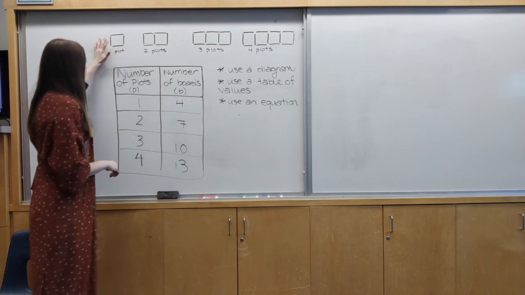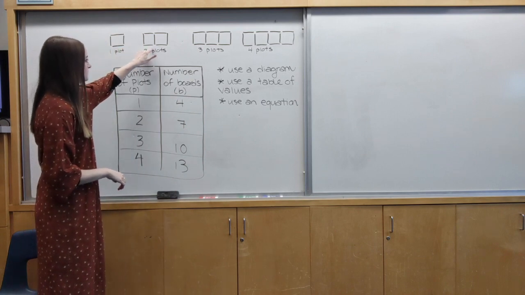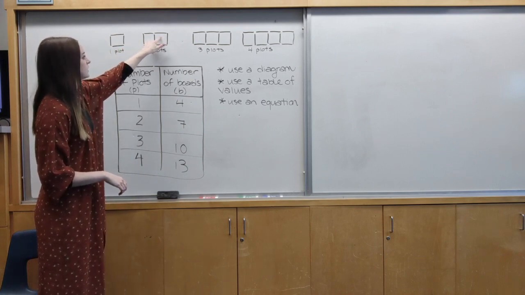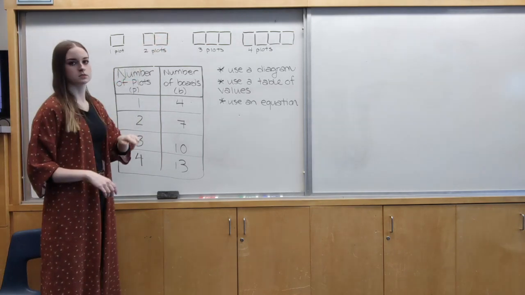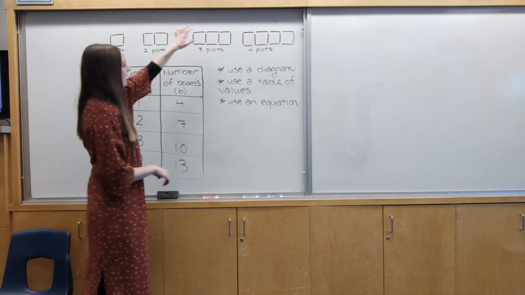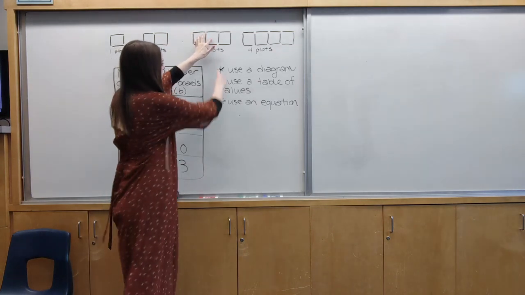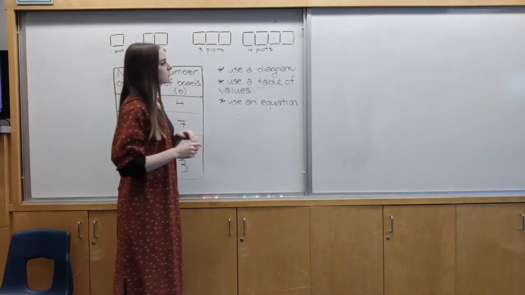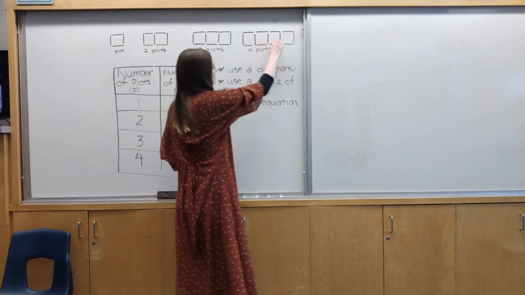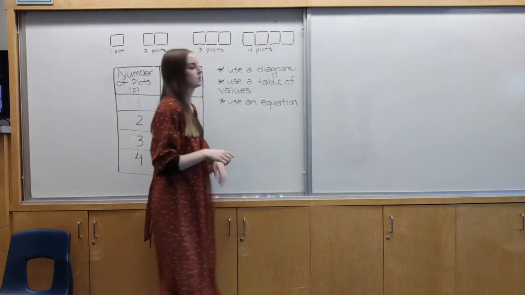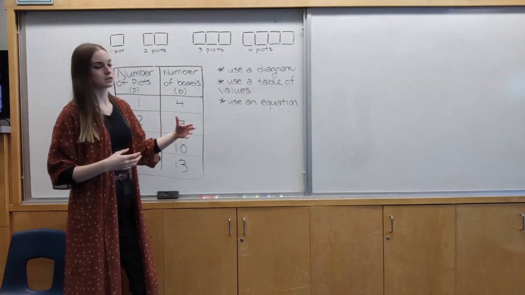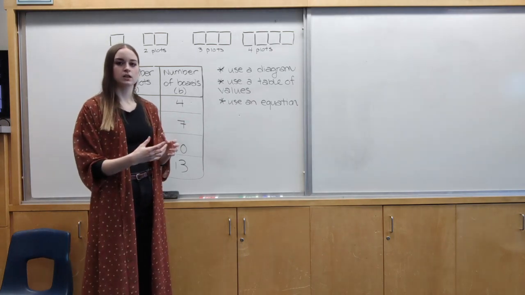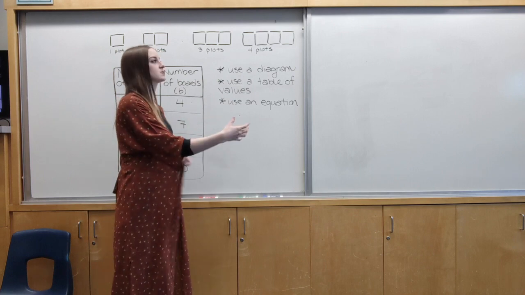We have 1 plot, 4 boards, 2 plots. So now we're adding a plot, and it seems to be that we're kind of putting in 3 new boards. Okay? When I have a 3rd plot, it seems again that we're putting in 3 more boards. When I have a 4th plot, we're seeming to put in 3 more boards. Okay? So it looks like consistently the thing that's changing is that we're putting in 3 boards every time there's